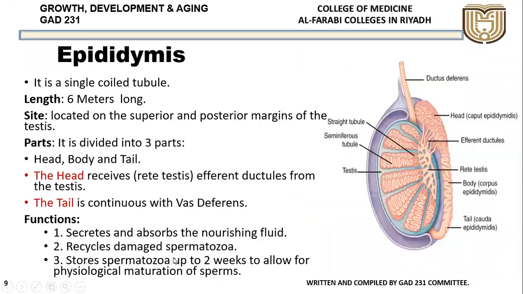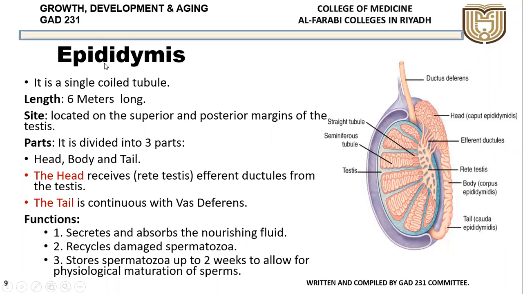Okay. Now coming to the next structure, that is called the epididymis. This is the testis here, if you can see. These are the septa, and these are the lobules within which there are the seminiferous tubules, highly coiled tubes, which open into the rete testis, and from the rete testis they open as efferent ductules into a large structure called the epididymis.